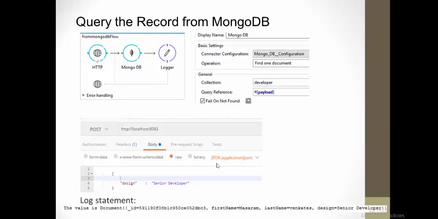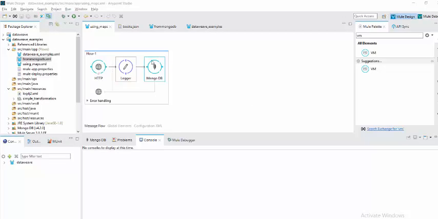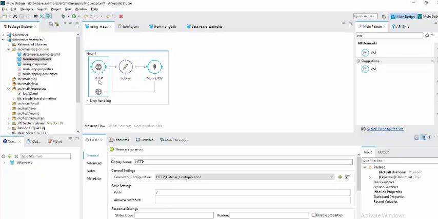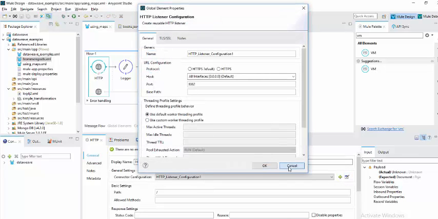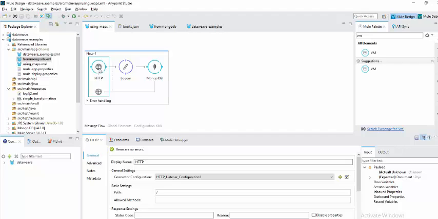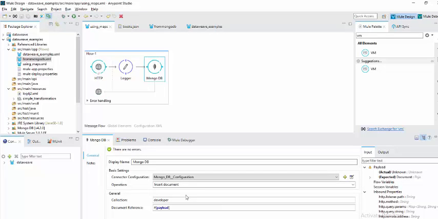Let's see the demo. So this is my endpoint, this is my configuration. I configured 8082. This is the flow which saves the document to MongoDB. This is my MongoDB configuration: insert document and the collection name.